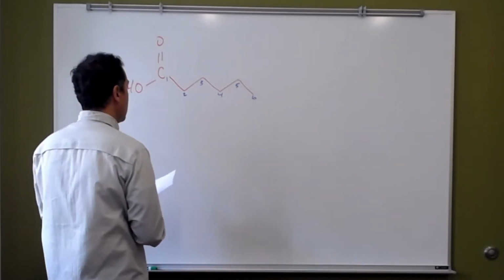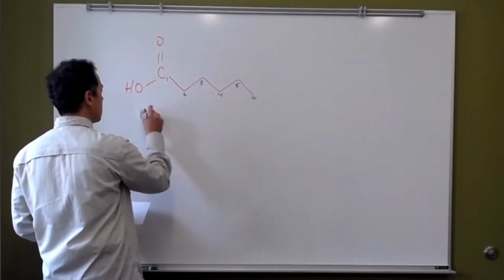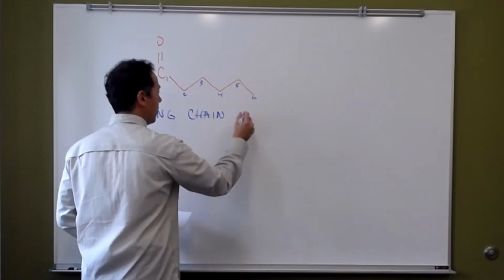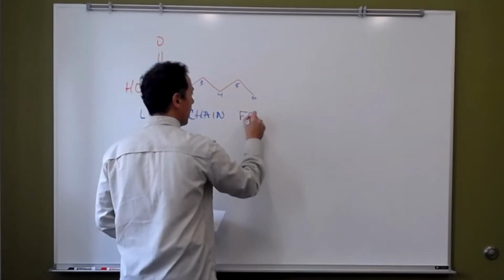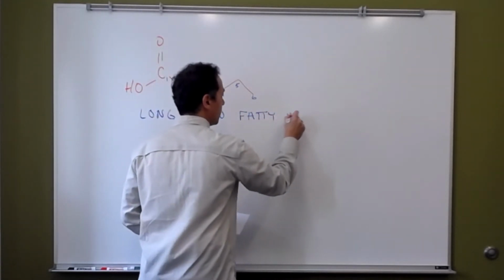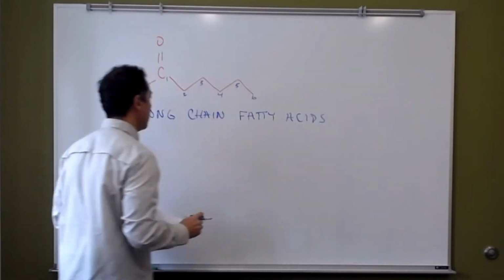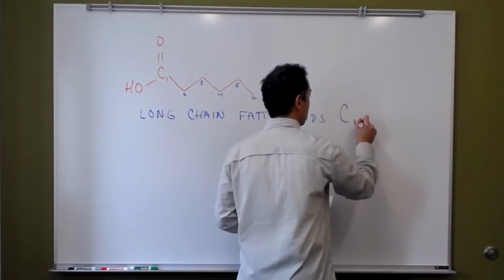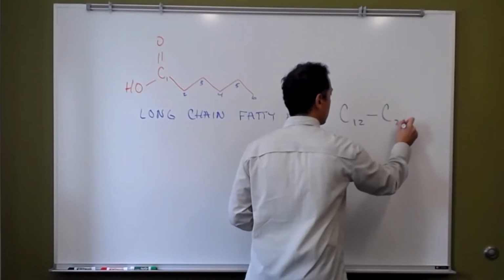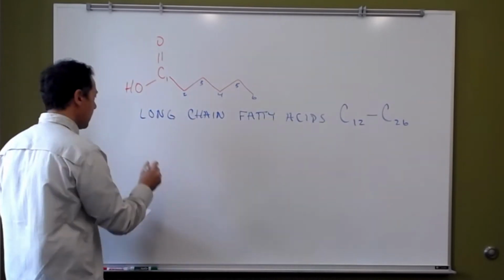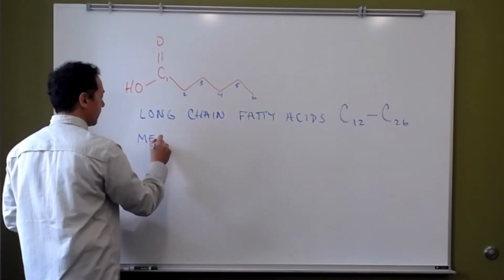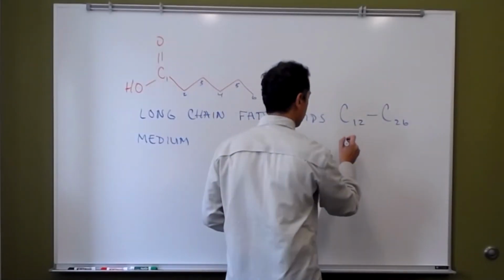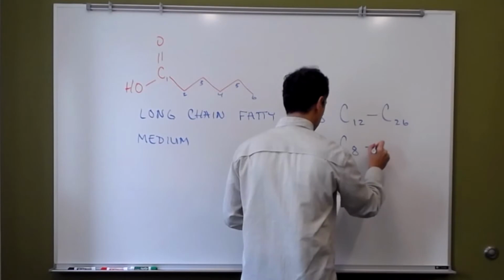So our long chain fatty acids, I'm going to go fatty acids. Long chain fatty acids, these tend to have 12 to 26 carbons. So I'm going to go C12 to C26. Okay, and then we have our medium ones. Medium chain fatty acids, and these tend to be 8 to 10